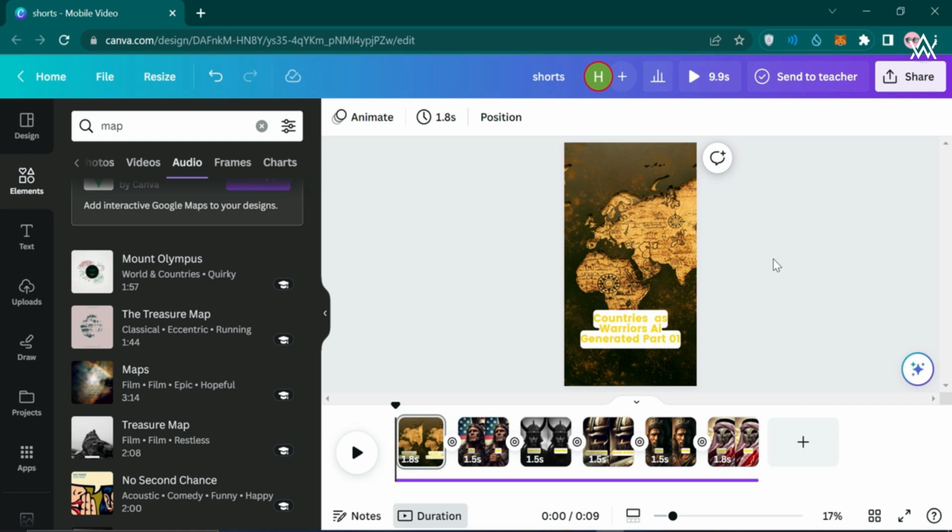The other thing that you can do that is really simple: you need to go into the YouTube app on your phone, and search for relevant music that is trending. Any trending music, and you can use that. Just download this video without music, and when you are ready to upload onto the YouTube platform or TikTok, wherever you want to upload, make sure to use that trending sound. Everyone knows how to use that trending sound. You just need to save that sound and use it on your own video. You can do that, or you can use any sound, any music from the Canva library. So if I play over here,